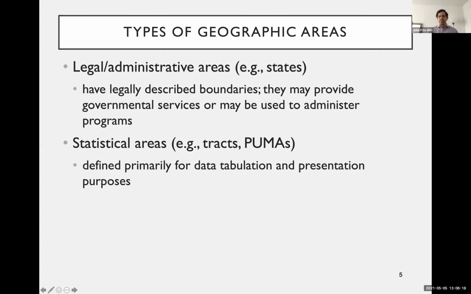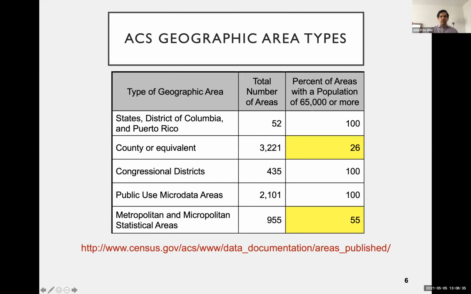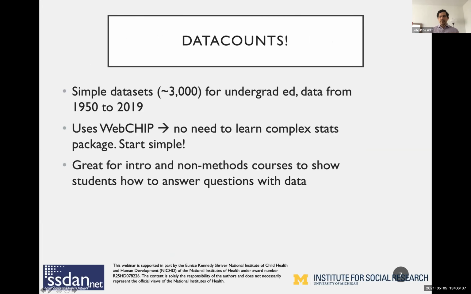So you'll hear people talking about things like census tracts, census blocks, block groups, PUMAs. We'll talk a little bit about those today, but for the most part, I'm sure that Andy will be talking a lot about those in Social Explorer,